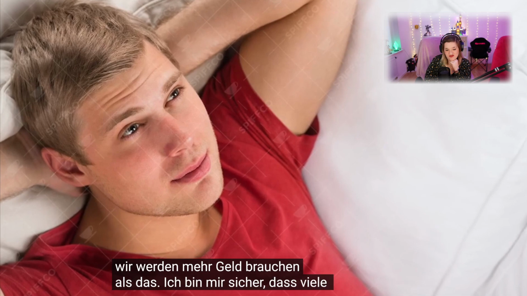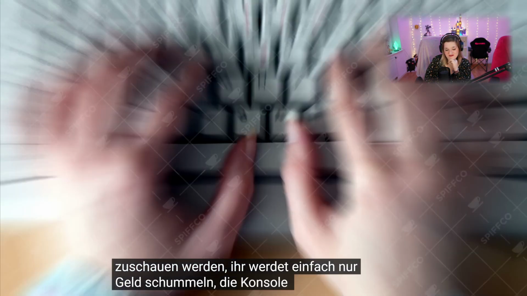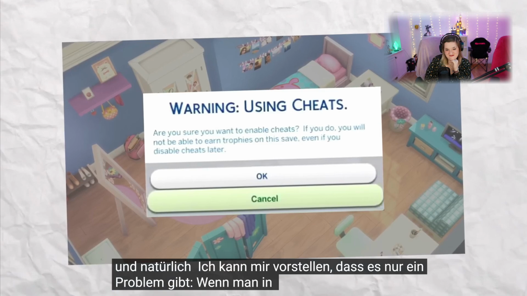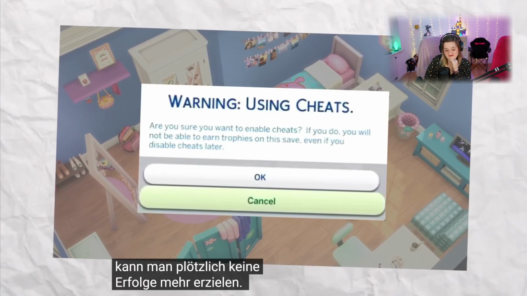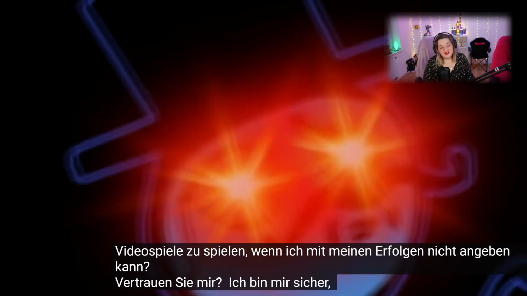Now, I'm sure there's many of you watching being like, well, Spiff, just cheat in money. Open up the console. Type in the word motherload. You know you can do it. And of course I can. There's just one issue. When you cheat in The Sims 4 in a way that doesn't use unintended gameplay mechanics, you suddenly can't get achievements anymore. What's the point of playing video games if I can't show off my achievements? Trust me, I'm sure someone out there...